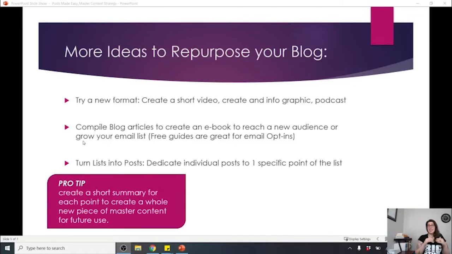You can even take each one of those points and create a whole new masterpiece of content just based off of each point, and then you can tie all of them back together. They kind of call that the hub and spoke effect. Then you create that one piece of content that is your list, and then you create all of these different content pieces that go off of that, and so the SEO is going to bring it all back. They also call that a silo. So there's so many different things that we can do to really maximize the use of your content and gaining traffic online.